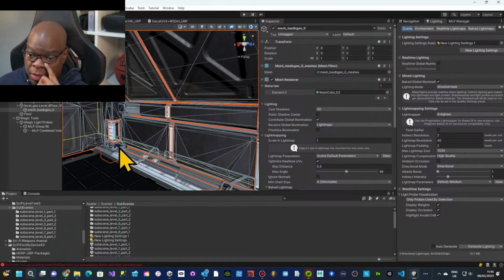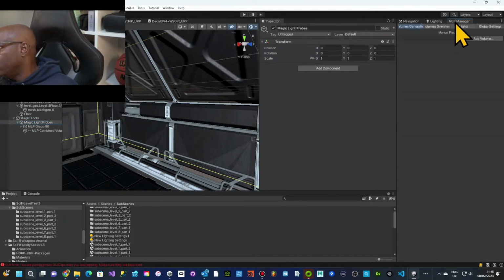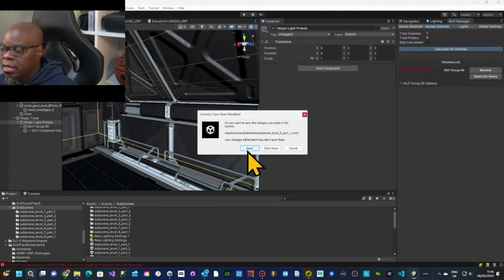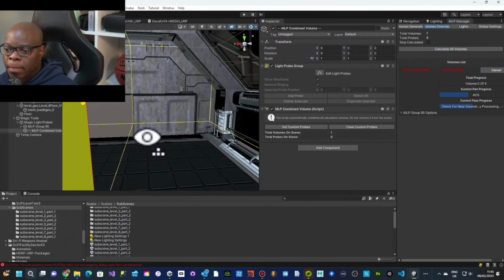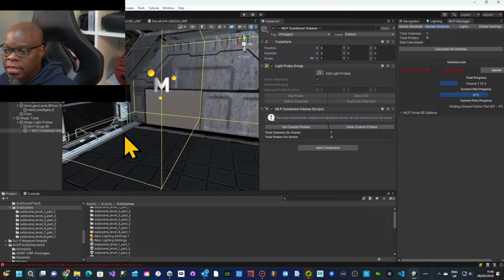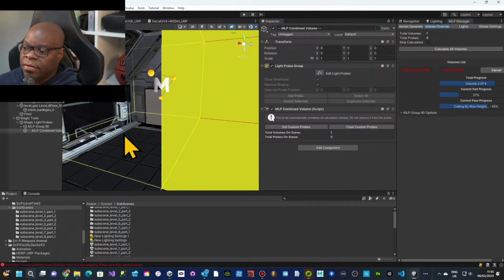So that's now complete. So straight away, I'm going to go over to the Magic Tools. This is a third-party set of APIs, and we're going to go ahead and run the calculation for this single volume in the scene. So it's segmented the scene here now, and it's just going through and calculating the volumes for us. And by the end of that, we should have the light probes,